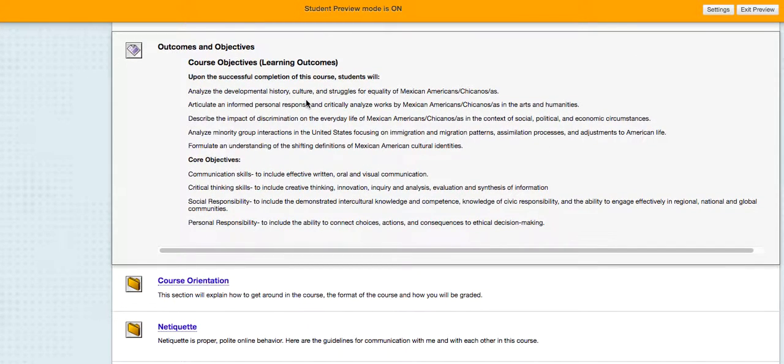The outcomes, the objectives. So this class is an introduction to Mexican American studies, but we're going to focus on film appreciation. We're going to look at the history of the Mexican American experience through film that was created, most of the time, by Mexican American, or what we would call Chicano, filmmakers.